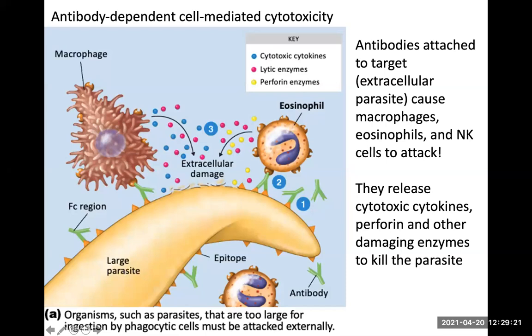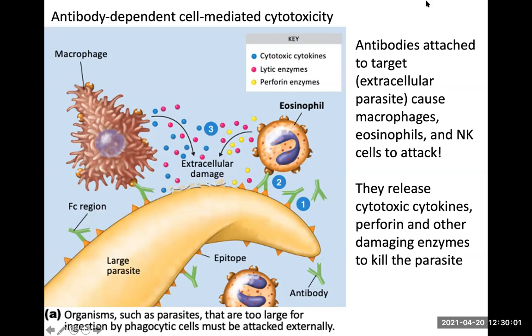And so we see eosinophils, we're going to see natural killer cells. These are innate immune cells that are coming to battle, but they only know to do this because of the antibodies that are coating the parasite. Okay, so this is why it's antibody dependent, right? Antibody dependent cell mediated cytotoxicity of the innate immune system, releasing toxic substances from the cells to damage this